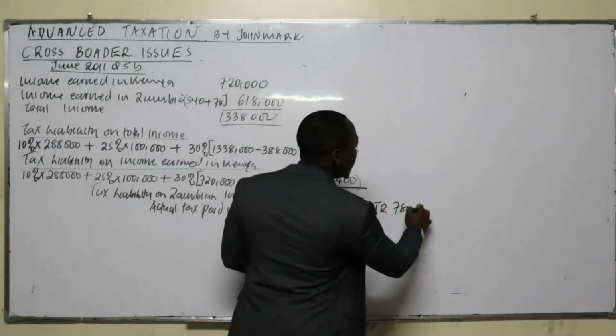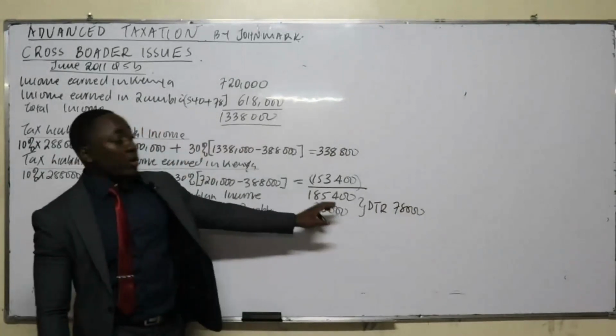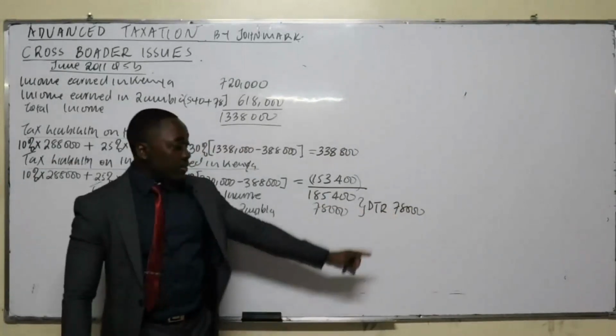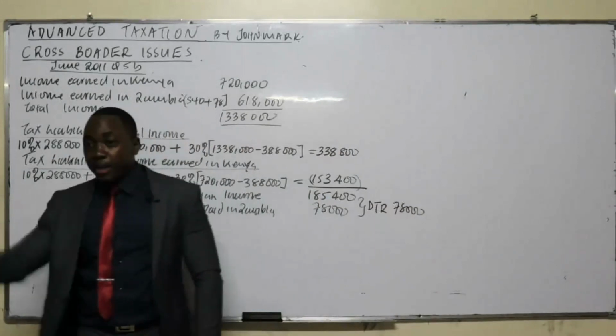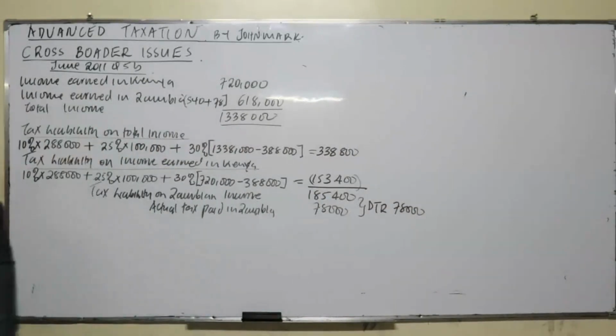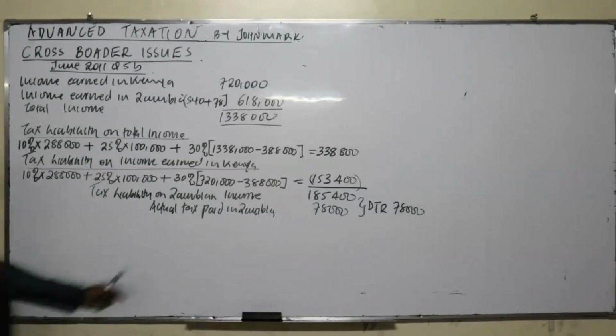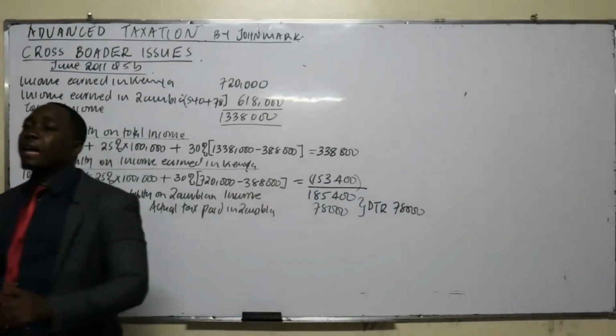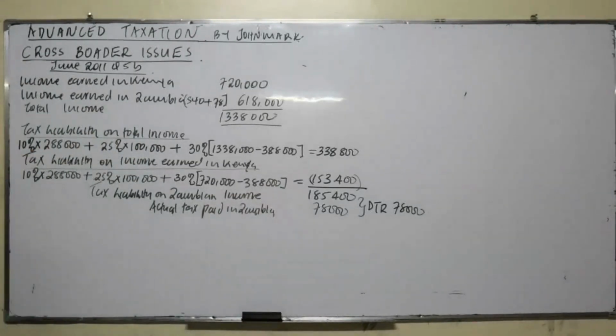70. So that means of this 185, you had already paid 70. This is the relief you get. So that means the balance you have to pay back to KRA. Good. So now you can copy. Yes, the balance, but in this case, they just want the relief. So the balance is what now you pay to the KRA. In short, it will be deemed as unpaid tax on the income earned in the foreign country.